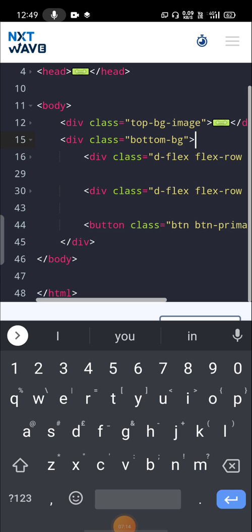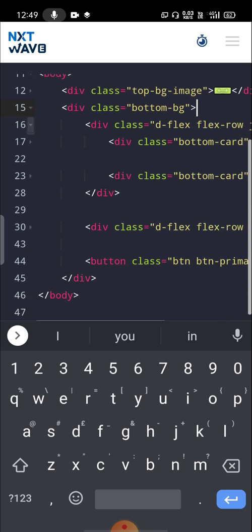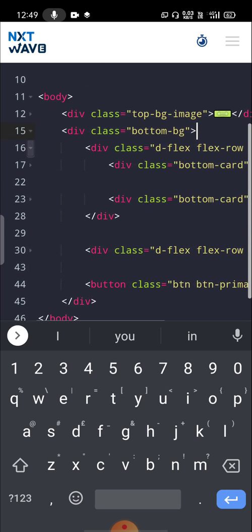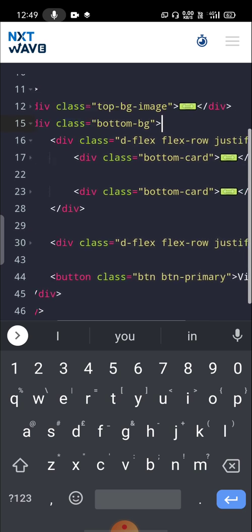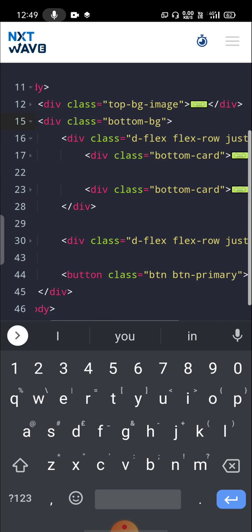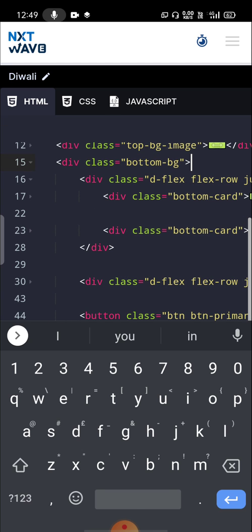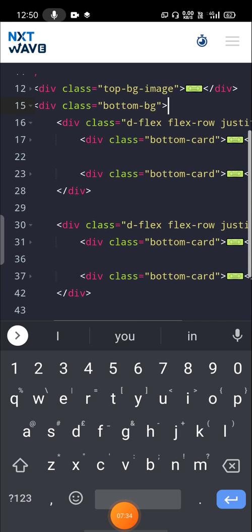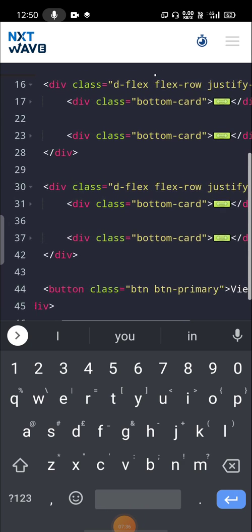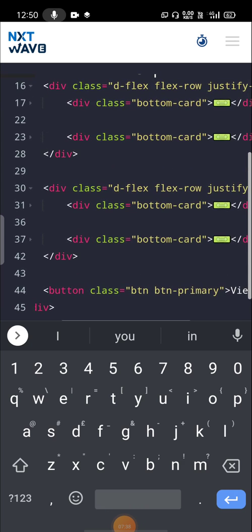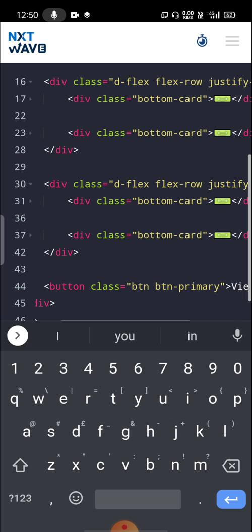Here you can clearly observe that in the bottom div container there are 2 div containers and a button. In the first div container I have wrapped my first 2 cards, you can see it here, bottom-card, and in my next div container the other 2 cards.